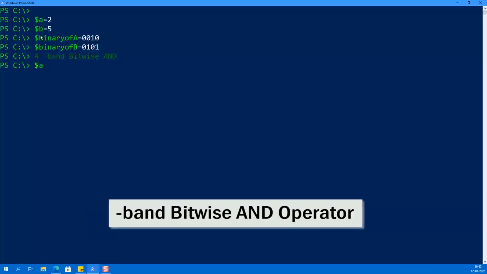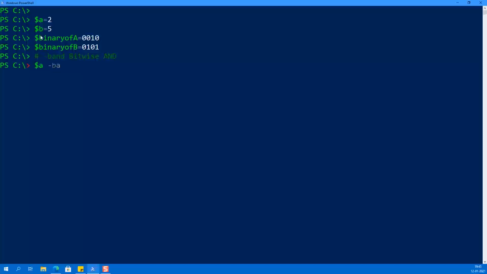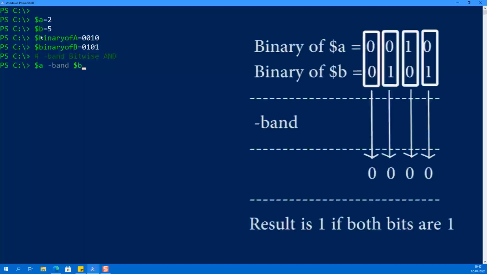So in this example, we are giving $a -band $b. It will follow the logical AND operation and give you the result. If you see the binary representation, there is no combination where both are ones, so the